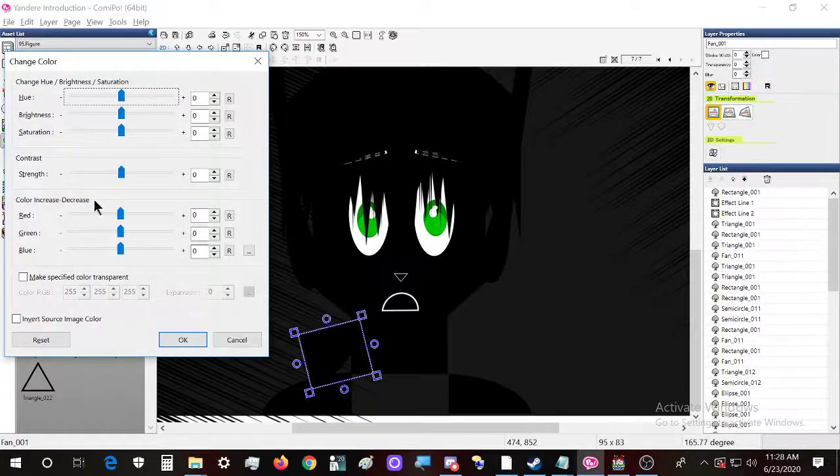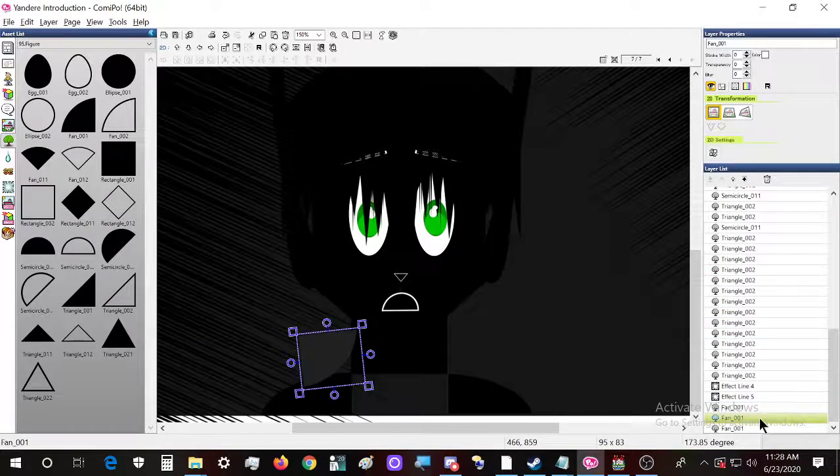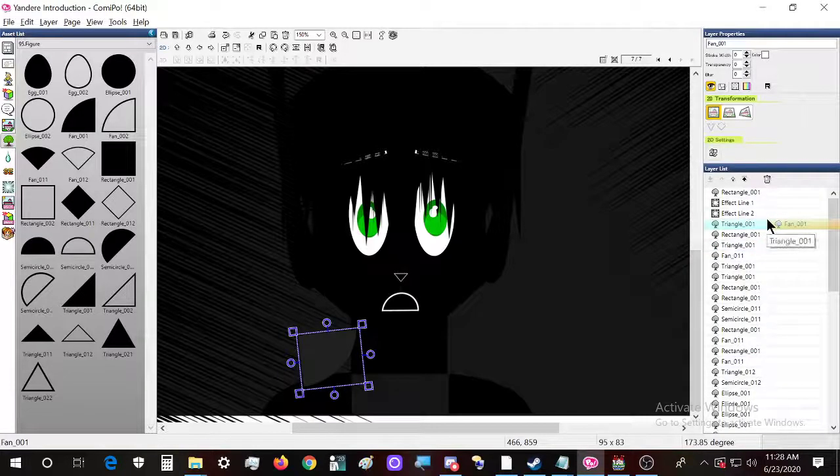Now this one shall be made 33, 33, 33, just like the gray one. Okay, it will be exactly like this in a way, and this one will actually go in somewhere here behind everything, actually even here.